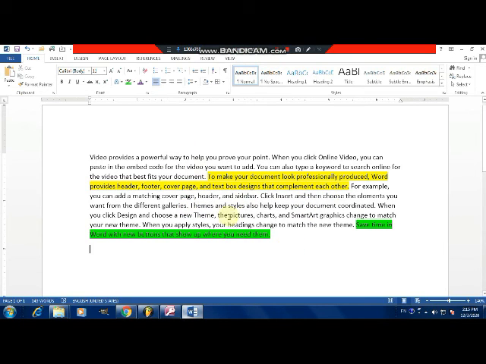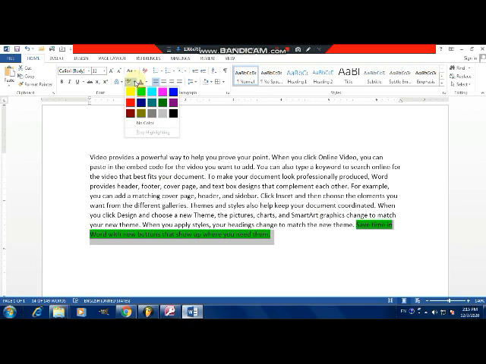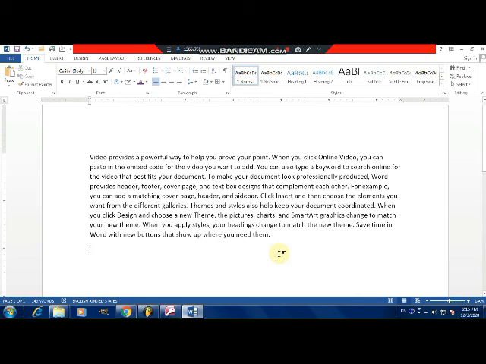If you want to remove this effect, go to the text highlight color, select that sentence, and then click on no color from the color highlighter. Same for the second sentence also: select this, go to text highlighter, no color, and it will remove that effect. So that is about highlighting text, or text highlight color.